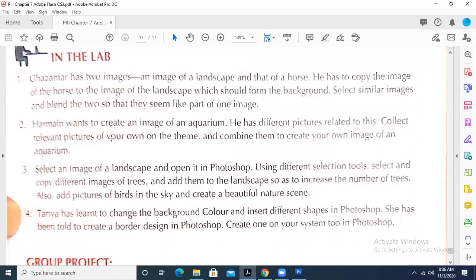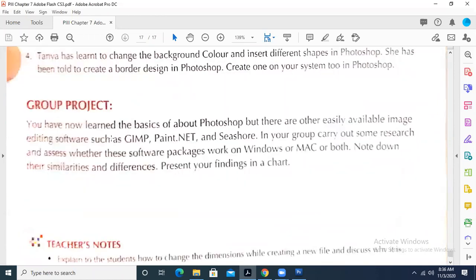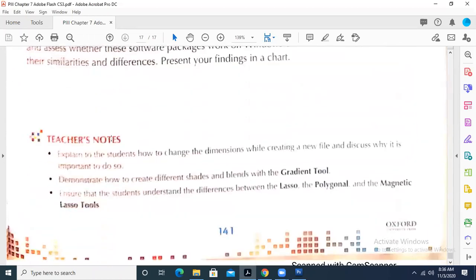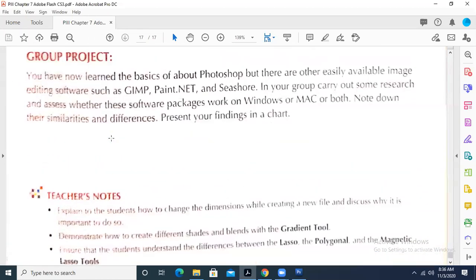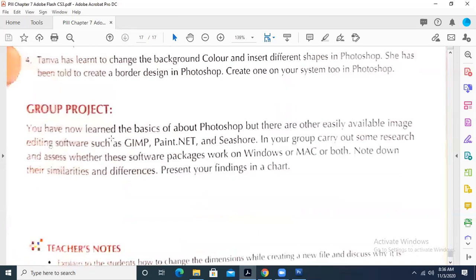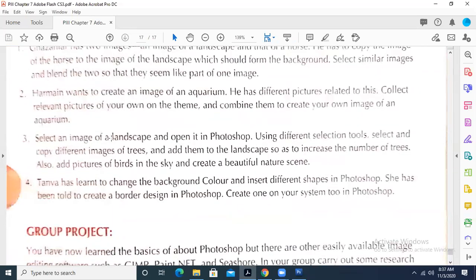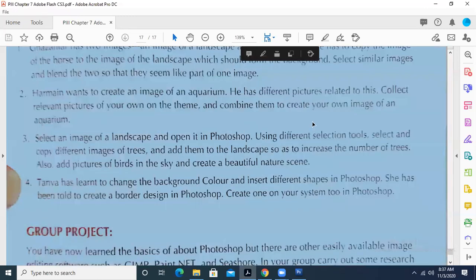See the next example in the lab activity, page number 141. Then we have to move toward the next chapter, chapter number 9, where we are going to explore more tools in Adobe Photoshop. Select an image which is a landscape and open it in Photoshop.